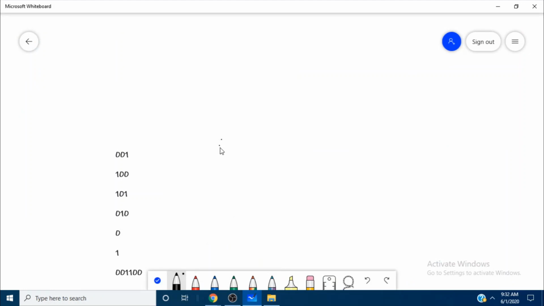Before going to the approach, let's work through the sample test cases given in the problem. We need to convert the string so that it does not contain 010 or 101 as a subsequence. Let's see this string. Does it contain 010 or 101 as a subsequence?